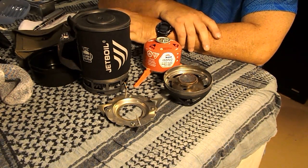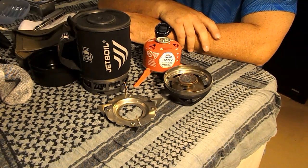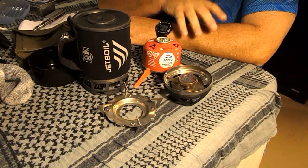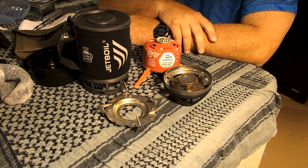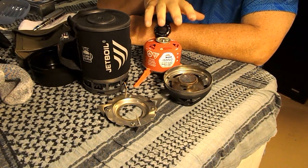I know a lot of guys that have bought the Jetboil, including myself, and it just didn't work out. So I found a way to modify this thing so that I can use it the way I would typically use a cook set that's not going to be on an open flame. Now, first I want to explain to you why